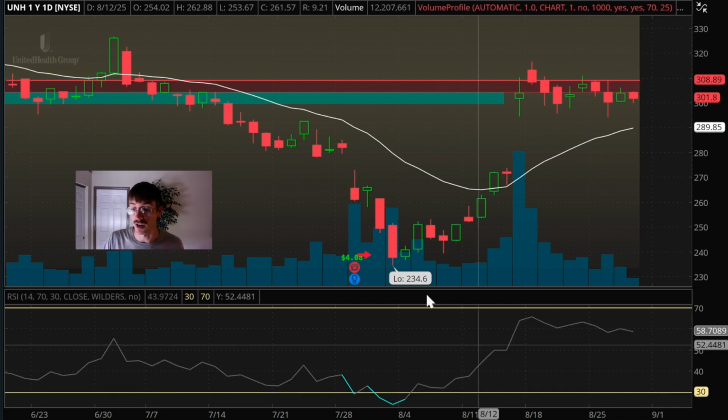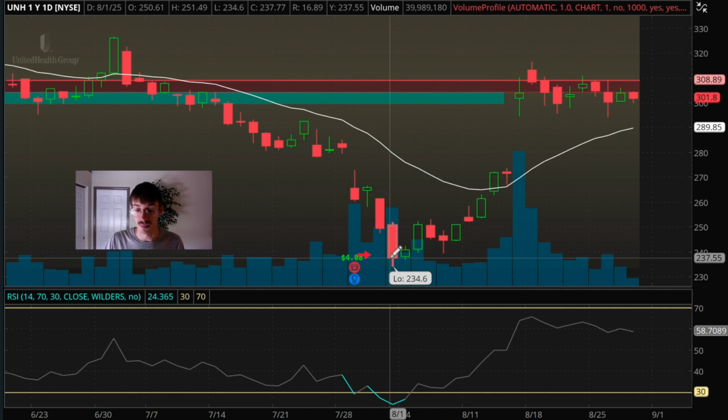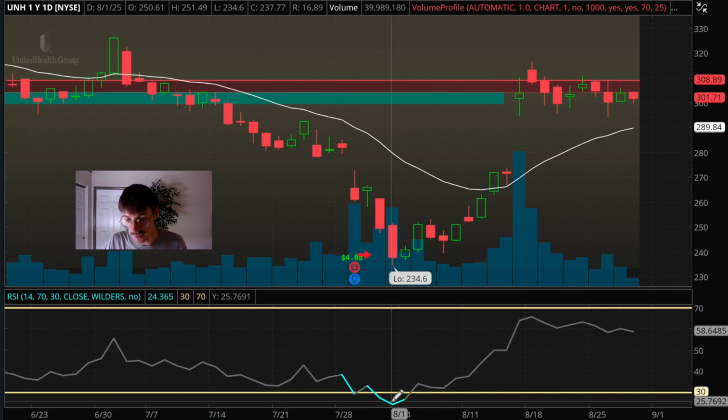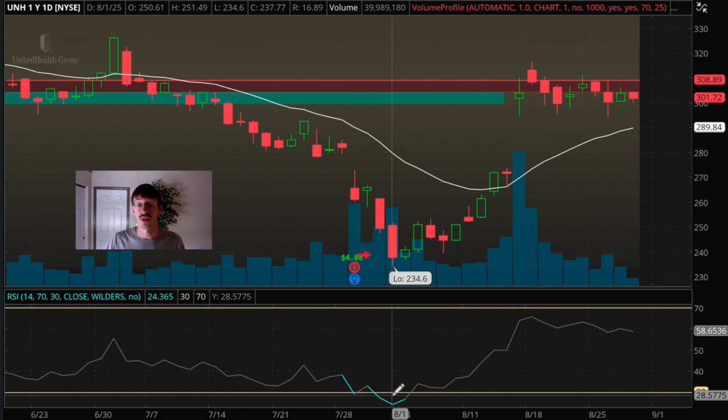And we can see the RSI, of course, is going to back that up with an RSI of about 24 at the time. Anything under 30 is considered to be oversold by the RSI indicator. And the idea of a mean reversion trade is that these oversold stocks tend to bounce back up or revert to their mean, and overbought stocks will tend to pull back down. So in this video, we're going to be focusing on these oversold stocks that are setting up for a bounce